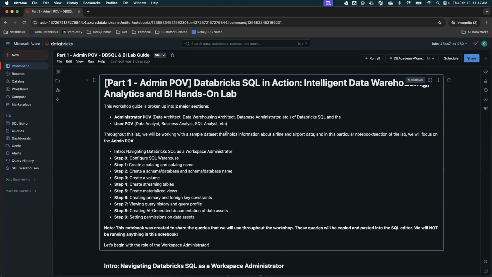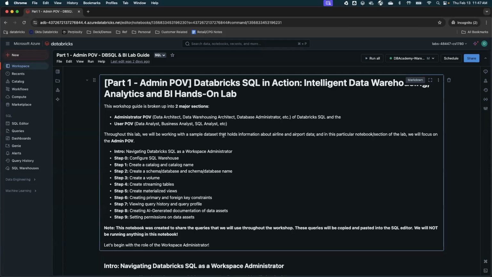Okay, so when you talk about the admin, it can be a data architect, data warehouse architect, or database administrator who is setting up your environment and building your catalogs, right? An admin can help you set up permissions on different objects so the right user can get access to the right data. So setting a permission is not just setting a permission, but it is very important to understand who needs access to what.